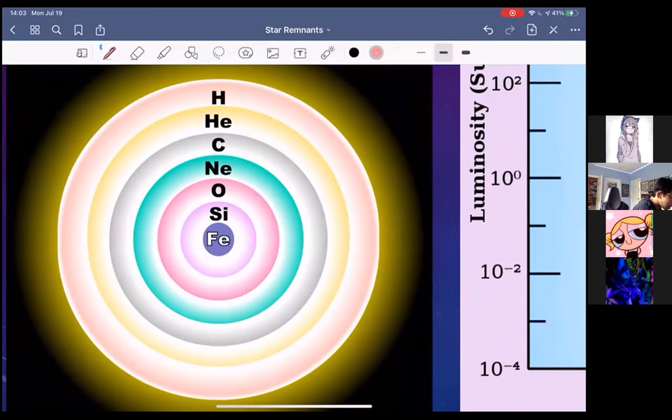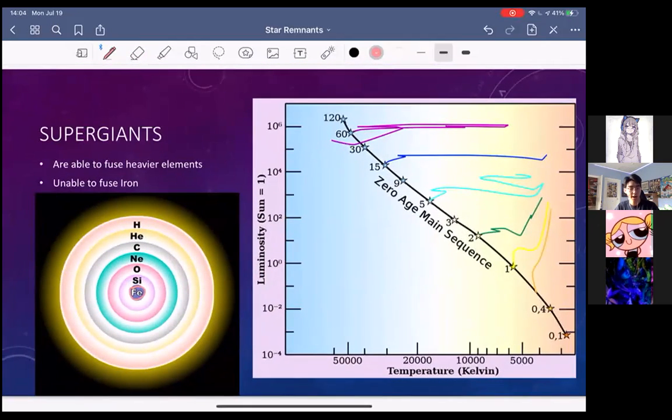So that's what forms all these different shells, right? These different silicon burning shells, oxygen burning shells, neon, carbon, hydrogen, helium, etc. And it keeps on burning all these different shells until it reaches iron. And once it reaches iron, iron is an incredibly stable element. The reason why we call it super stable is that